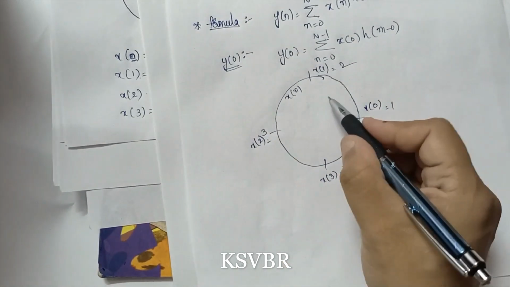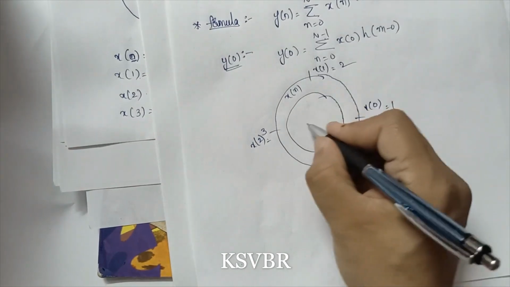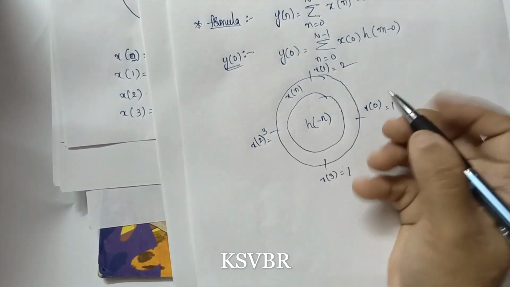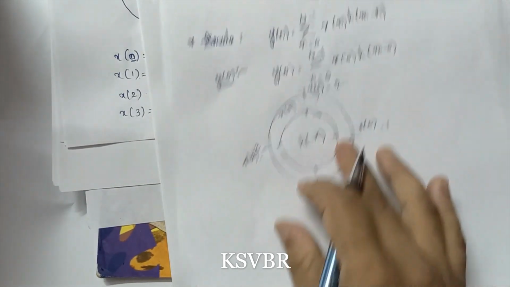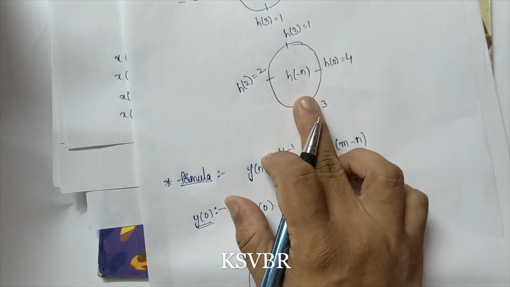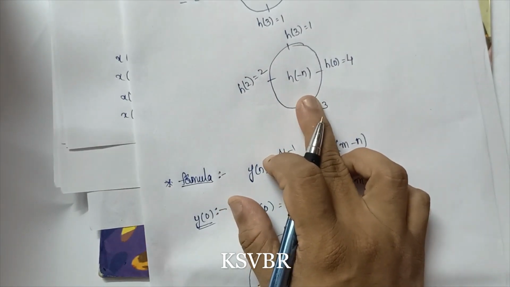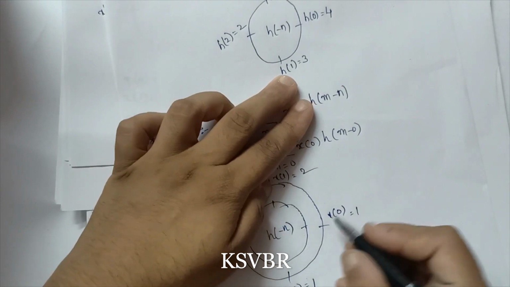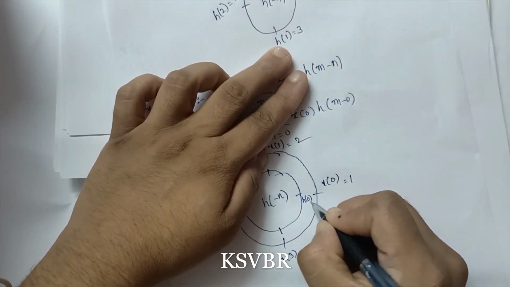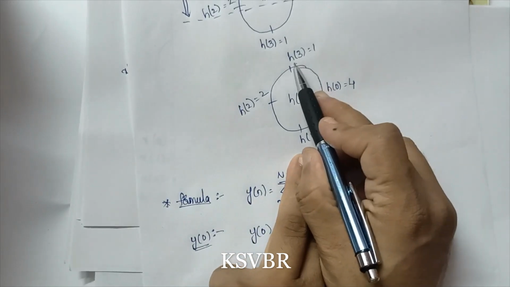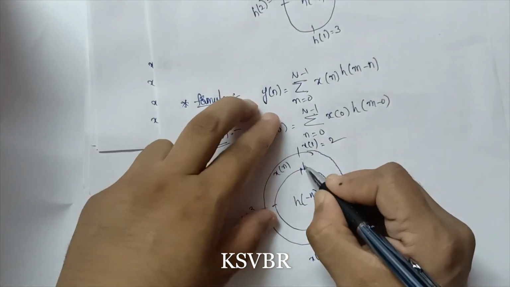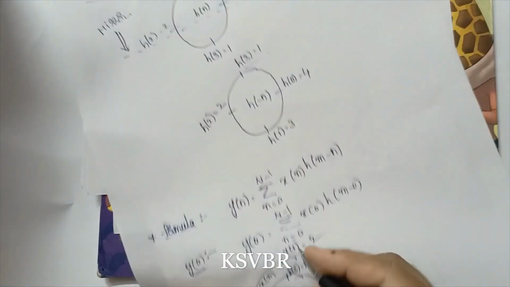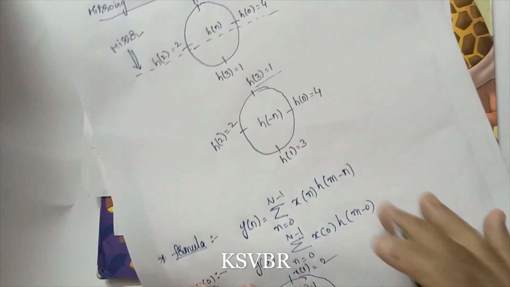Yes. So next now h of minus n we have to write. Okay, so h of minus n means this one, which got shifted mirror-wise. So these values we have to substitute here. How can we substitute? See here, h of 0 is equal to 4. So I am writing h of 0 is equal to 4, and here next sample h of 3 is equal to 1. So here h of 3 is equal to 1, and here h of 2 is equal to 2, from here it came, and h of 1 is equal to 3.